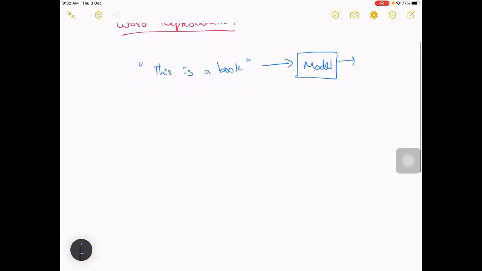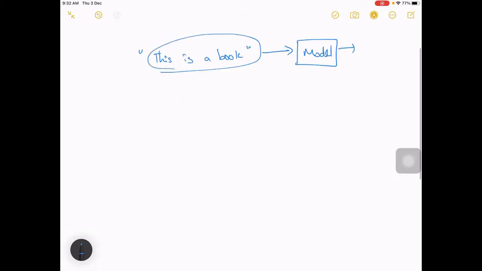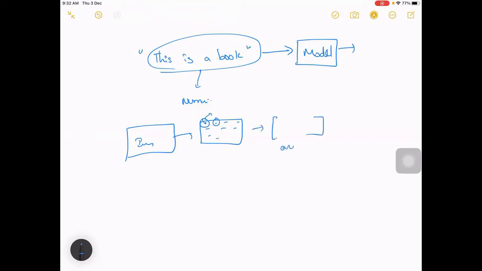For this, you can't directly send the word to a model and do numerical computations over it, so you need to represent it in a numerical form, right? In the case of an image, you have an image which consists of pixels, and we are able to represent each pixel in numerical form, so that it can be represented as an array, which is a collection of numerical values. So we can pass this to a model directly and get an output.